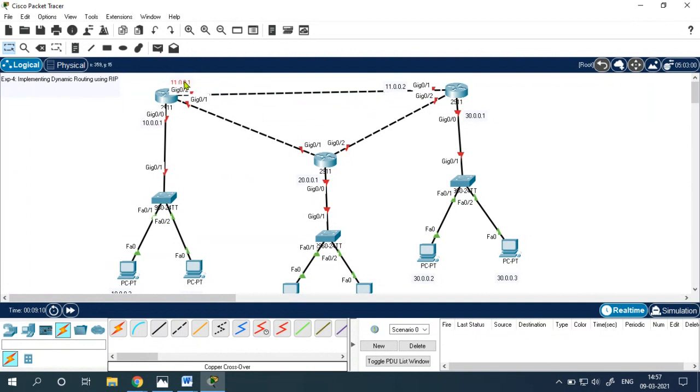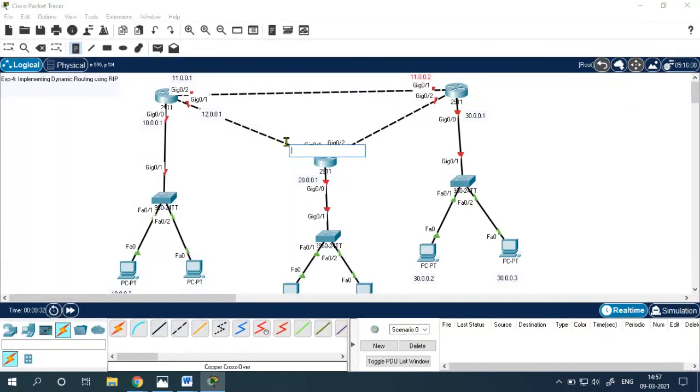Be careful while deciding the IP addresses. We will configure according to this, and if you make a mistake, your communication will not take place. So now let me decide the IP address for this interface. Suppose that for this interface I am taking 12.0.0.1.